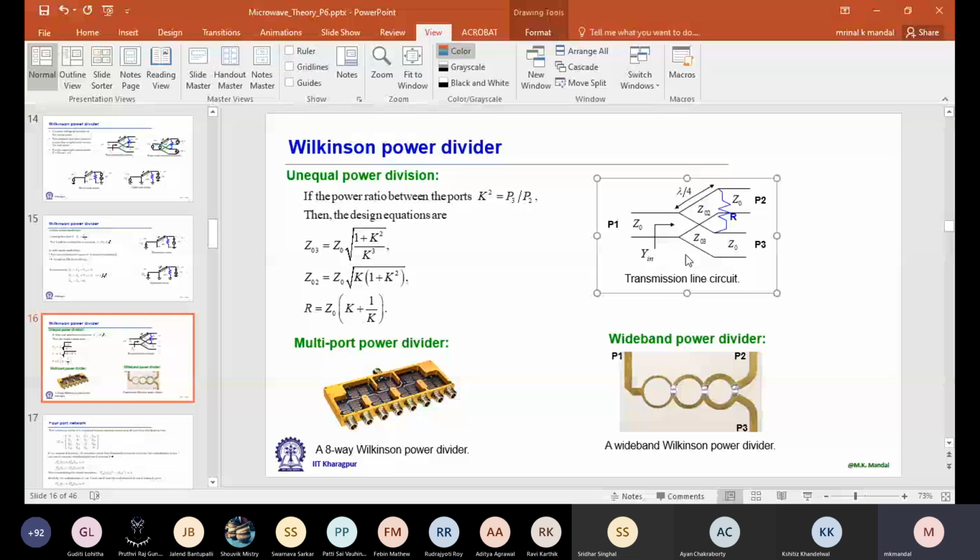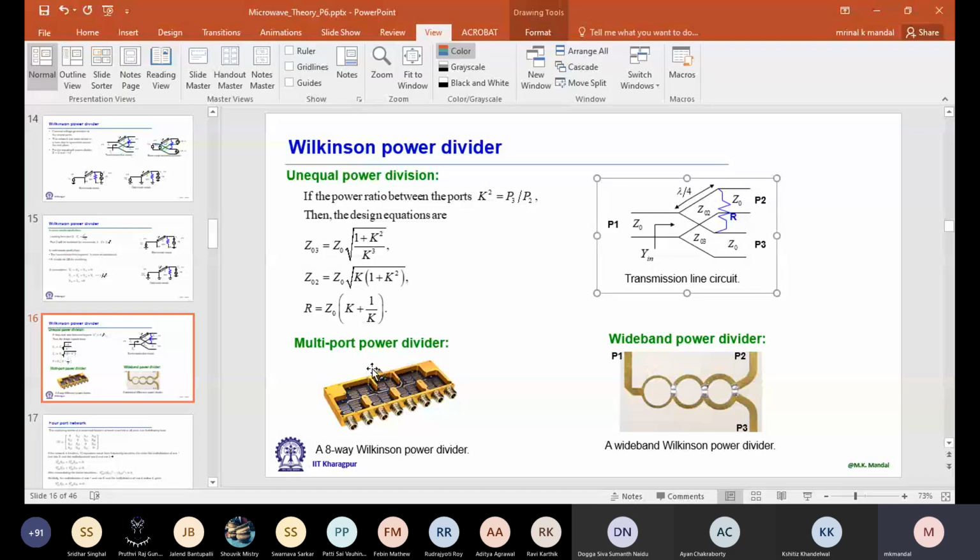Now, in practice, let's say you are going to feed an array antenna. We have altogether 16 elements. So if you have 16 elements, then I need to divide the input power into 16 parts. So I can use this basic 1:2 power divider. Then I can repeat it to have that value. Here is one example of 1:8 power division. You can check. It is actually a commercially available power divider circuit used in mobile base stations. And you can check from the input side.